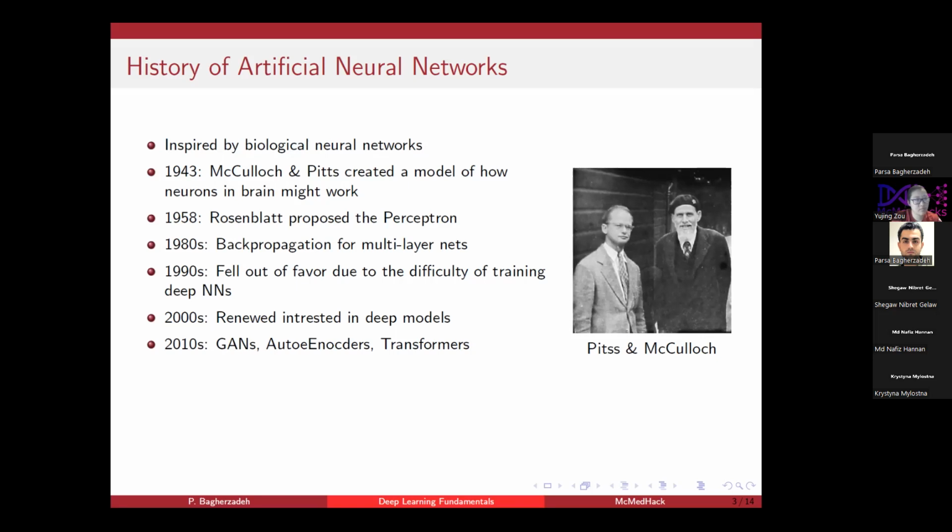And after 2010, we had a booming of these models, and models such as GANs, autoencoders, and transformers revolutionized AI. And you can see